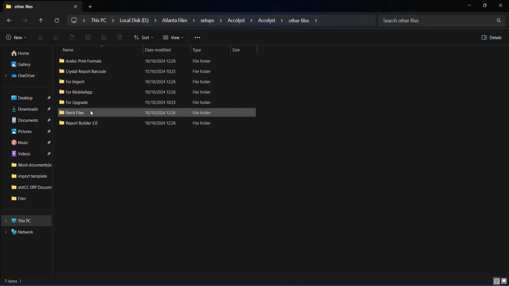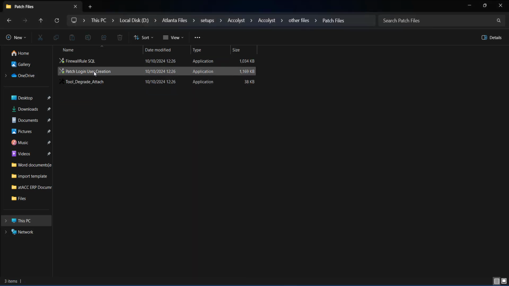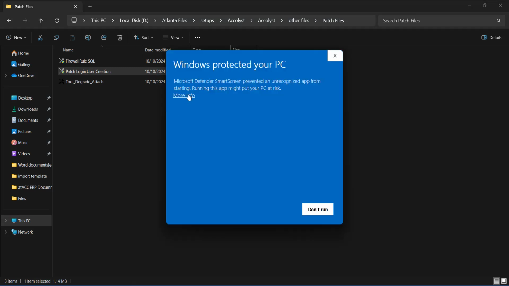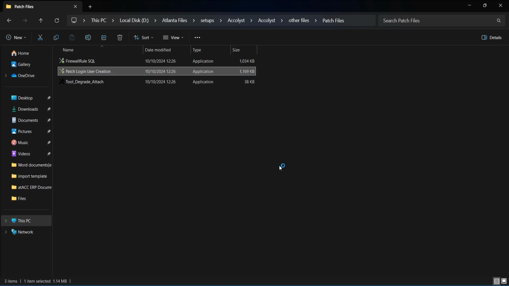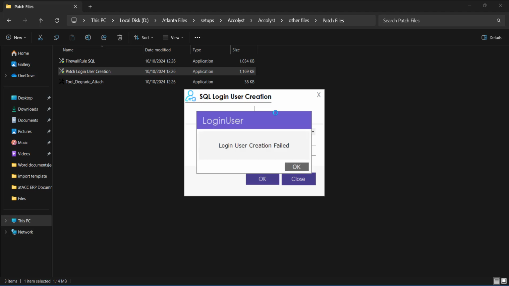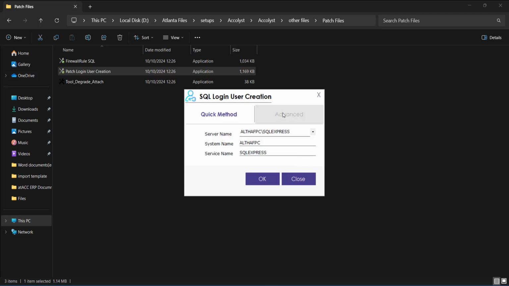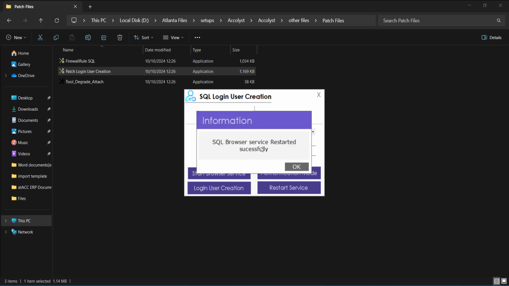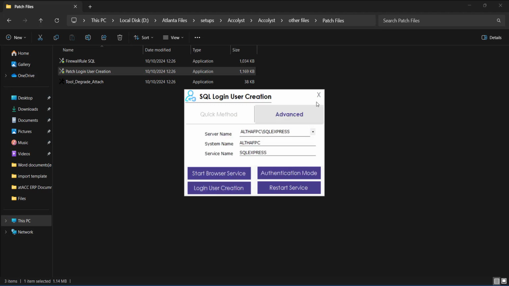open other files. You can see the patch file, patch login user creation. You have to open this and run. Now you have to paste your server name here and click on the service name. Automatically the service name will appear. Just click OK. In most cases, this will enable and it will create the user. If you see something like this, you just go to advanced, click on start browser, next authentication mode and user login. It already exists, it seems. So you just close this,